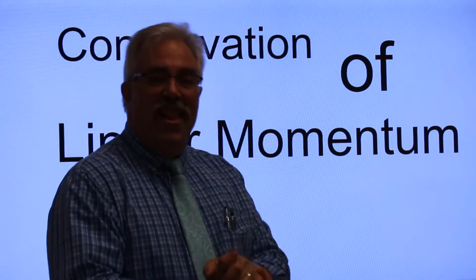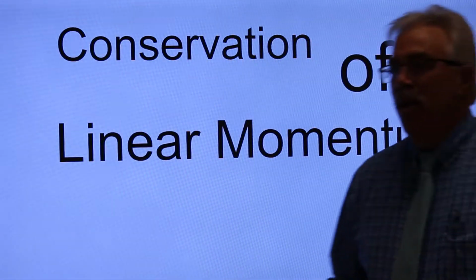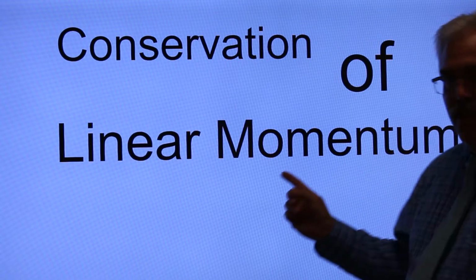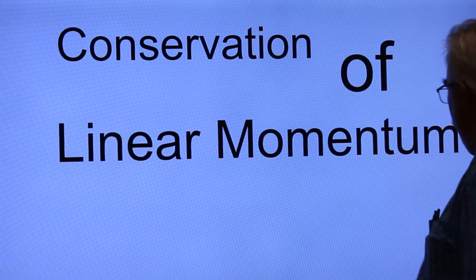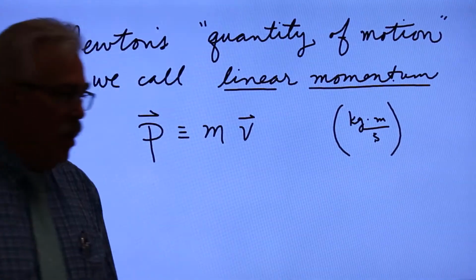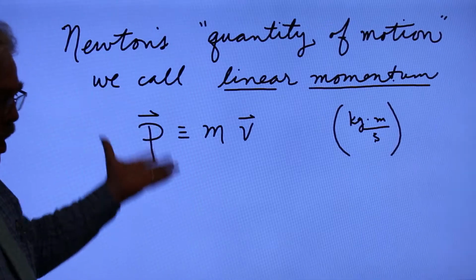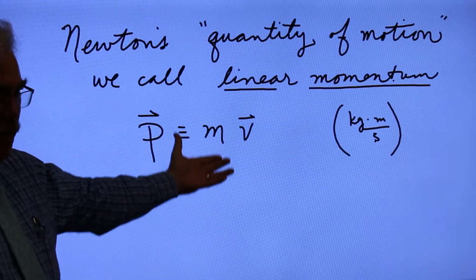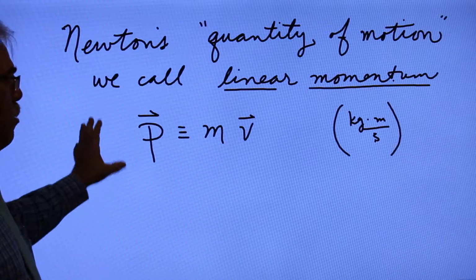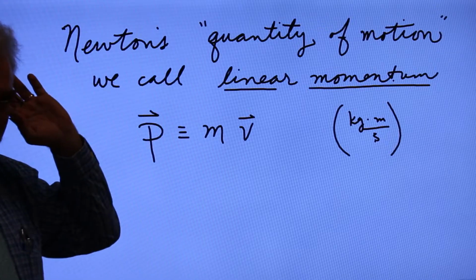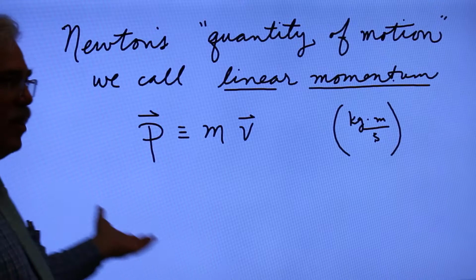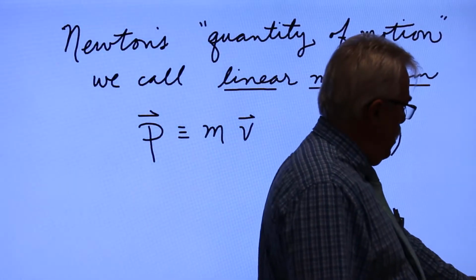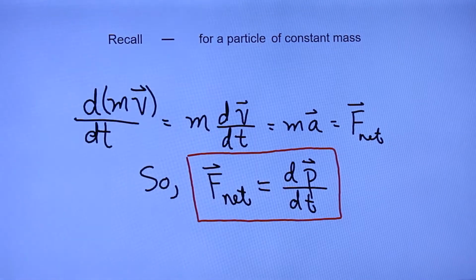Today, since I'm not with you, I plan to post this on Monday, I want to briefly introduce conservation of linear momentum. So, Newton called this quantity of motion. He called momentum quantity of motion. And he defined it with this: P is the mass times the velocity. So momentum, linear momentum, is the mass, a scalar quantity, times the velocity, a vector quantity. Of course, you understand the units clearly enough, and that's our basic definition you've seen before when we introduced Newton's